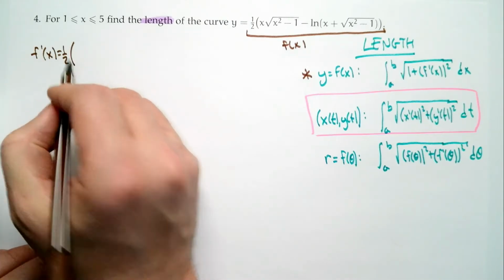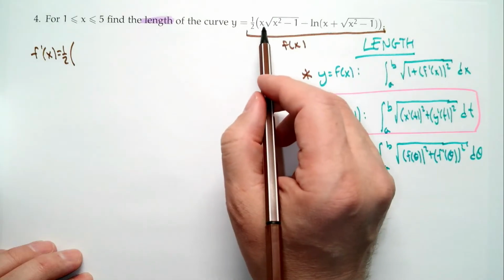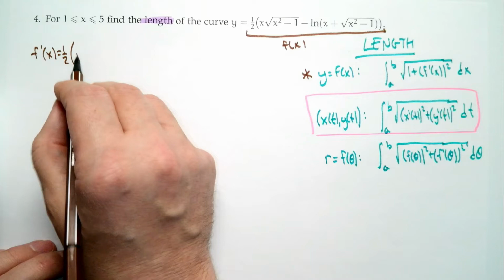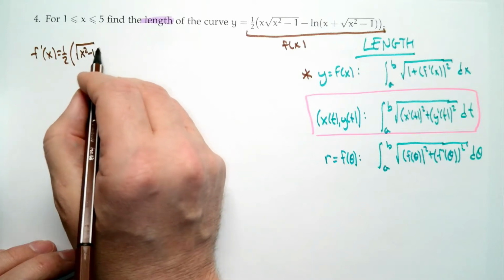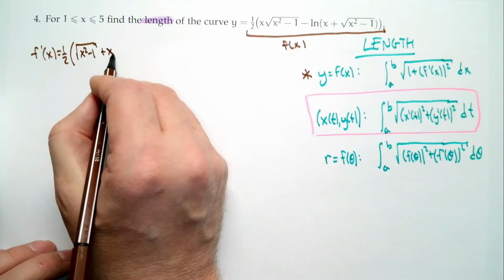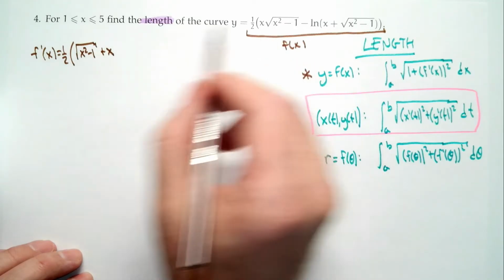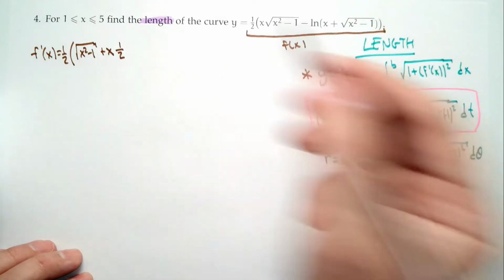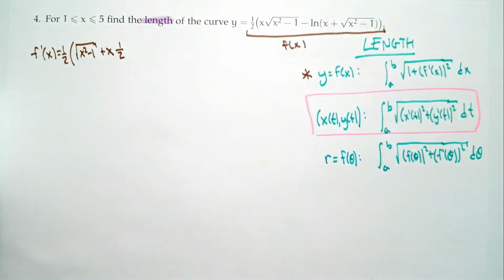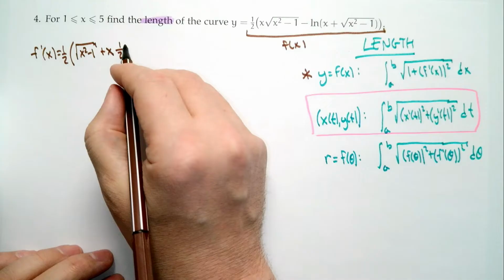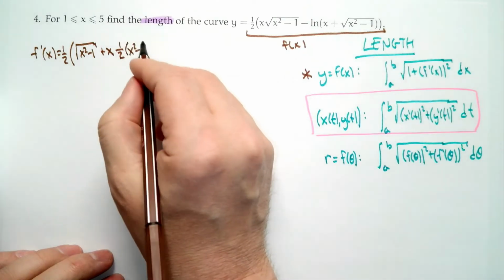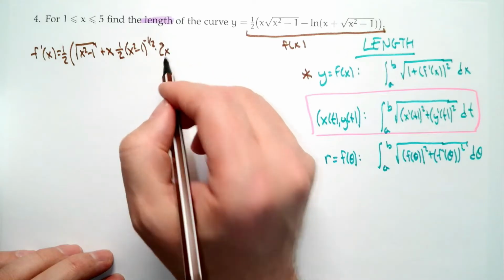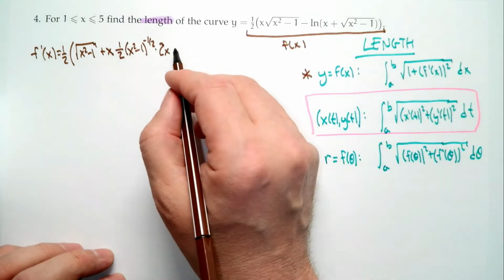Well, there's the 1/2. What rule do we need to take the derivative here? Product rule. All right, so the derivative of the first is 1 times the square root of x squared minus 1 plus x times the derivative of the square root of x squared minus 1. And I'll just talk through that. That's square root of x squared minus 1, and I can think of it as x squared minus 1 to the half. So the half comes down. Then it'll be x squared minus 1 to the minus a half, then times the derivative of the inside, which is 2x. And we'll come back and visit what that is. Minus